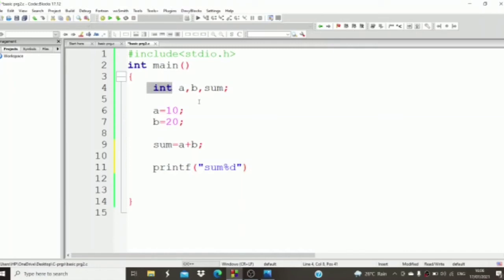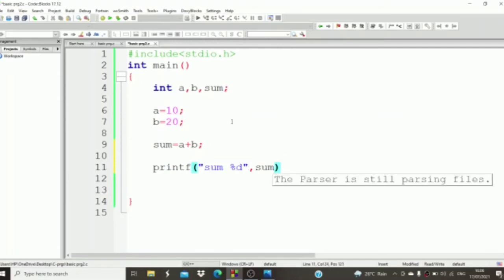In the last videos we saw all about int and float. For float, the %f format is there; for int, %d we will take. Then close the double quotes, then a comma. What do we want to display as the result? sum. We need the sum of a plus b, right?